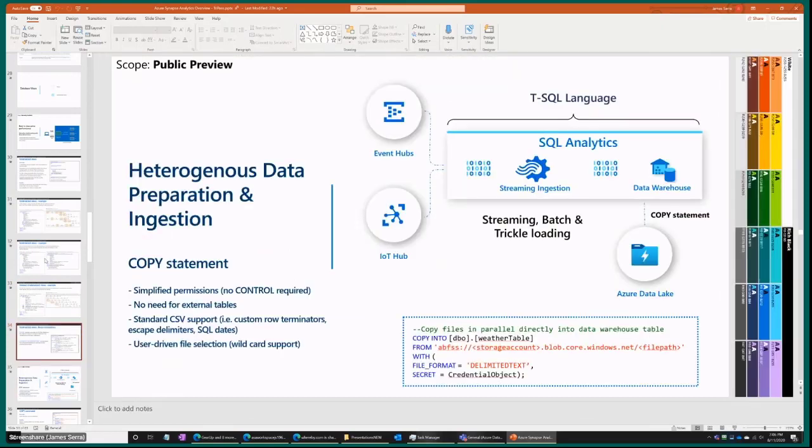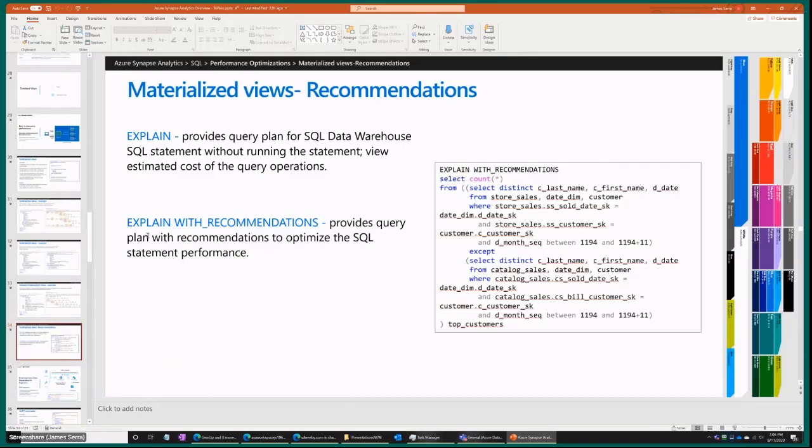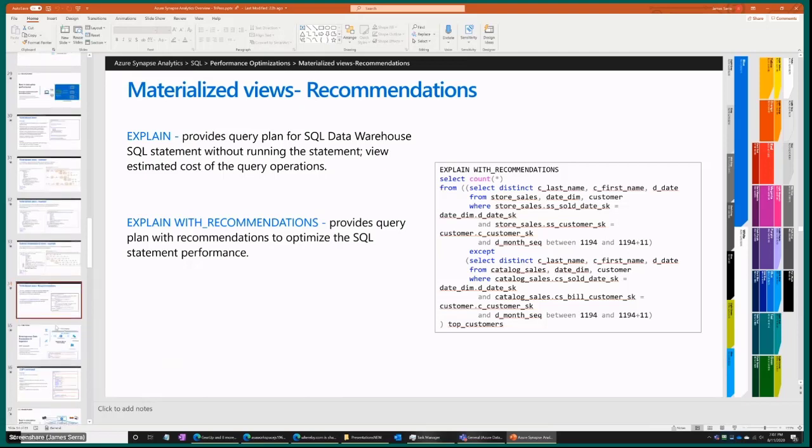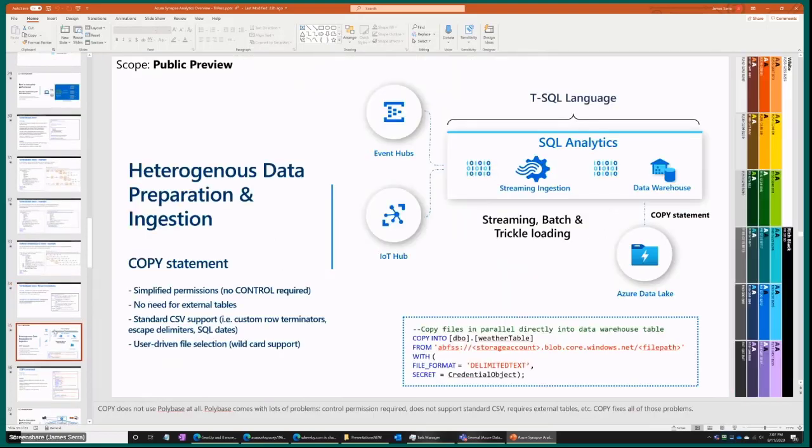And the other, and this is cool, is explain recommendations. You can even put a query in here, and if you put explain recommendations, it'll actually come out and say, well, we recommend you create a materialized view on this. So it's pretty cool what this can do. So keep that in mind. The other cool thing is the